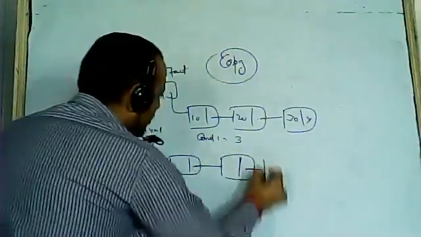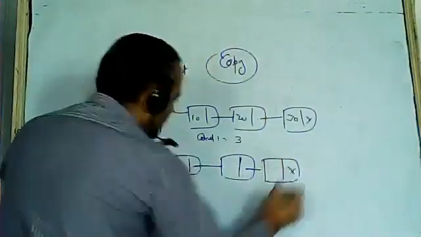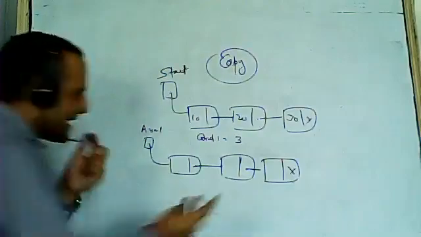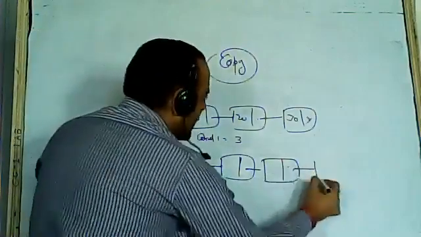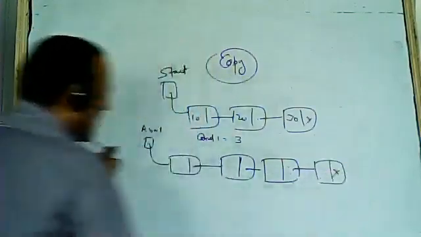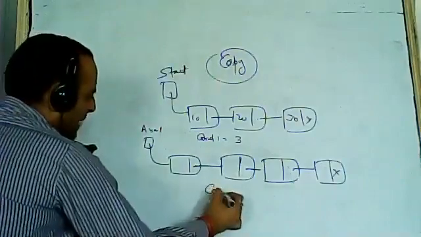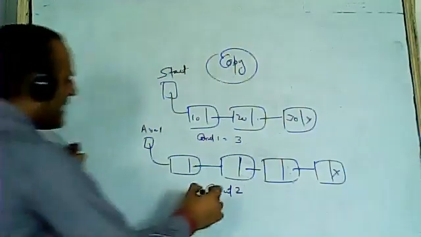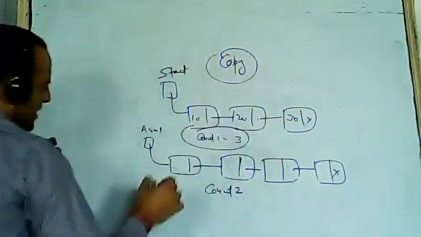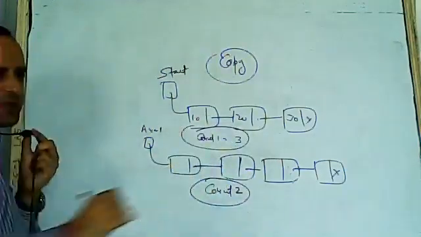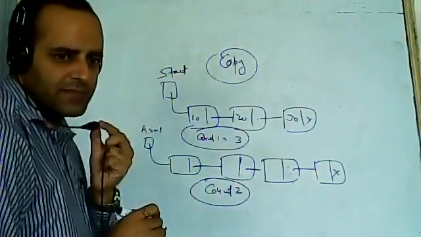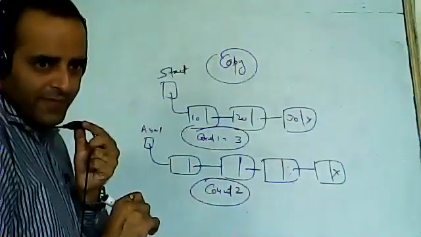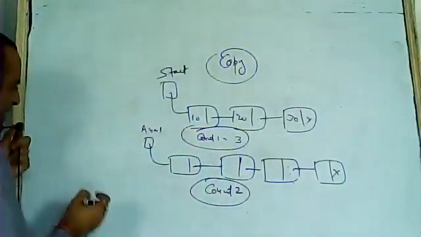So I need to count how many nodes I have in Avail. Can I create now? So I have to count the number of nodes in the Avail also, and this count should be less than or equal to this count. Then only I can copy. अब आपको करना कुछ नहीं है.